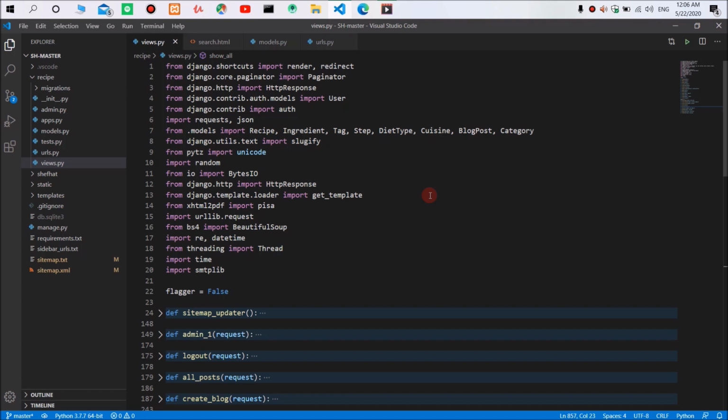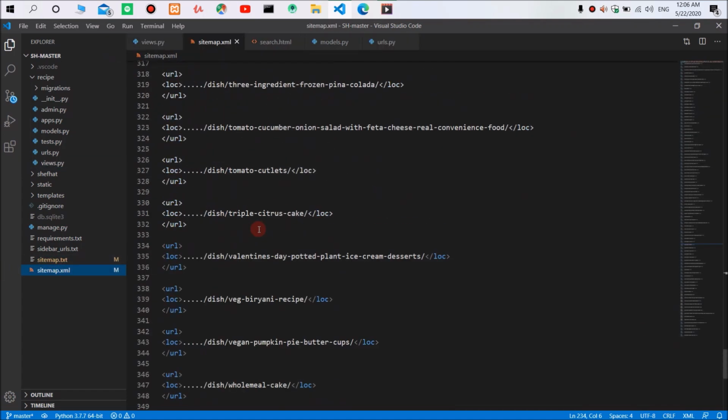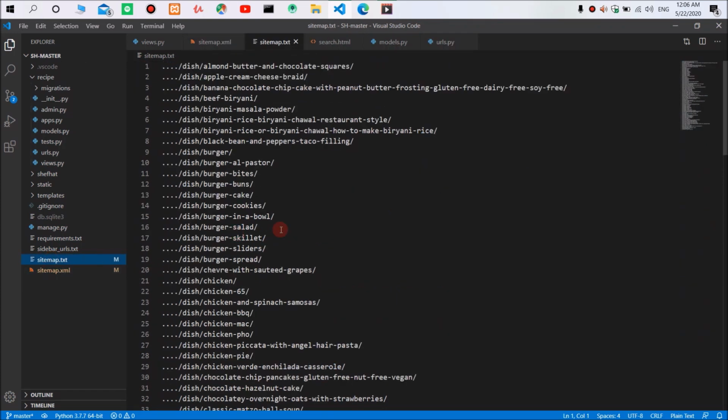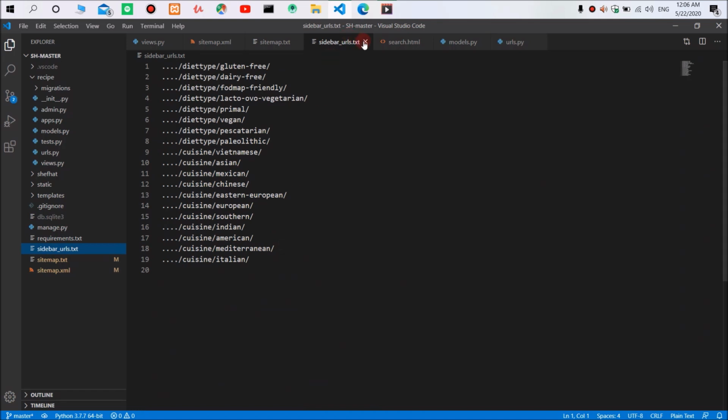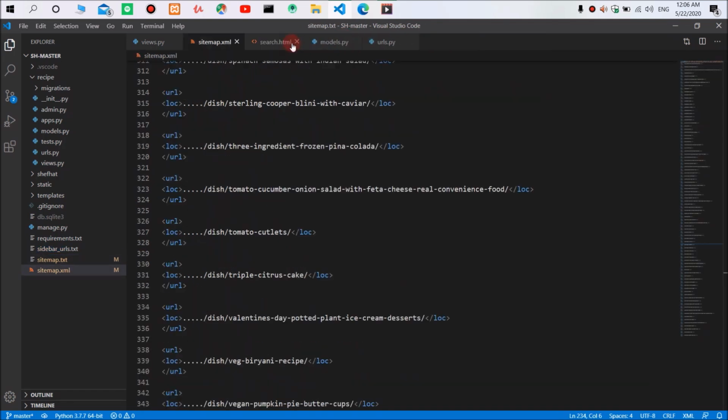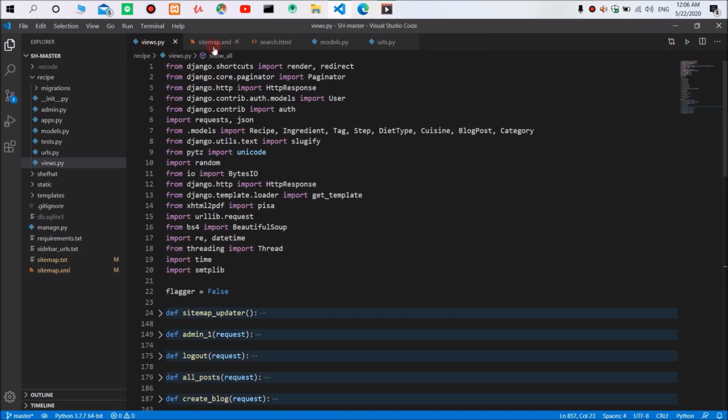So this happens automatically, everything is automatic. So my database gets updated every day. So it fetches new recipes every night at the end of the day, and it stores the URLs into the sitemap.xml, into the sitemap.txt, and sidebar urls.txt. So these files can be submitted to Google, and Google crawlers then they just crawl your website, and it helps in ranking your website at the top. Yeah, so